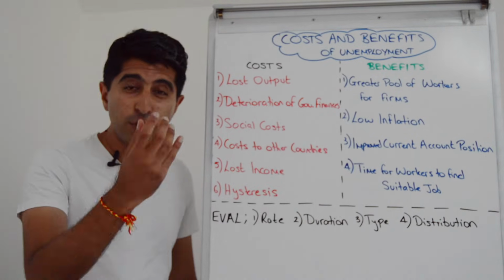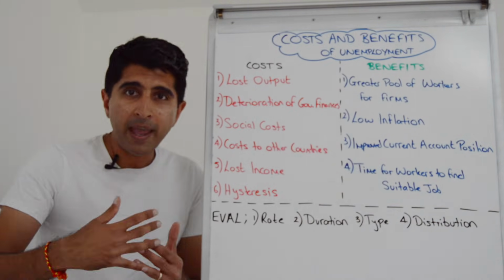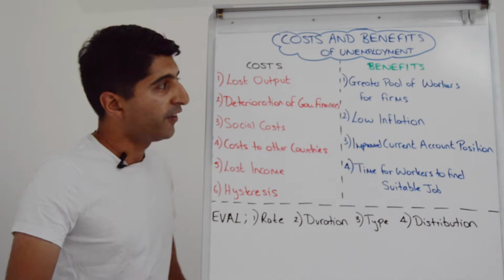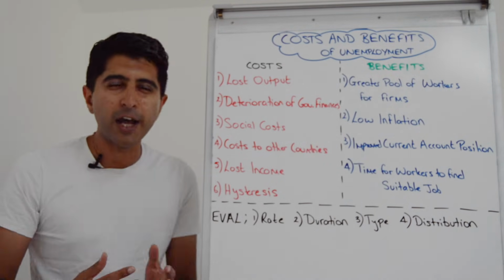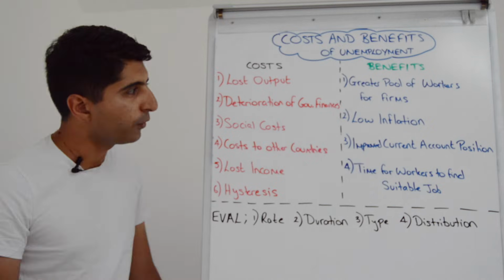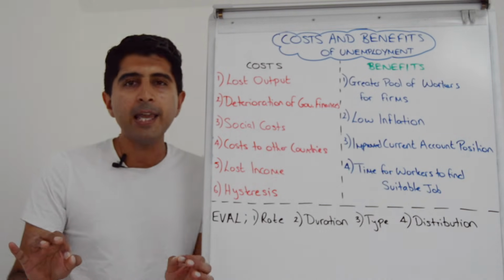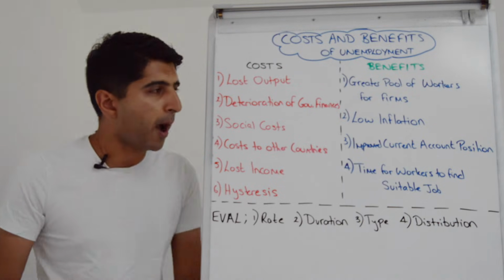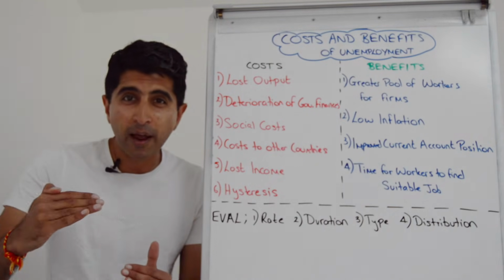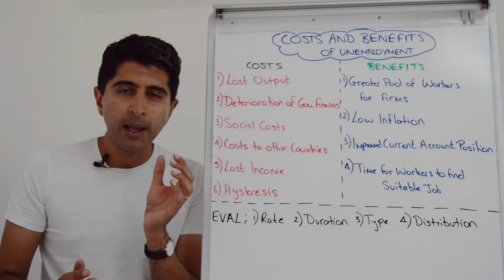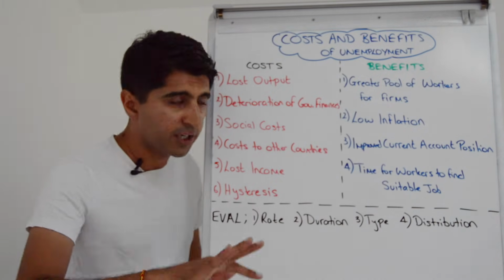But also that'll be good news for the worker because they will be picked as the most productive worker, which should be good for their morale. It should be good for their happiness and also good for the economy at large if workers are ending up in productive roles for themselves. High unemployment should mean low inflation because with abundant labor, workers don't have huge wage bargaining power. That keeps a lid on wage rises, a lid on cost of production, and therefore a lid on overall rises of the prices of goods and services, keeping inflation low that way.